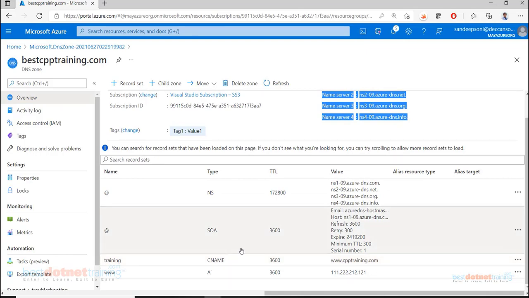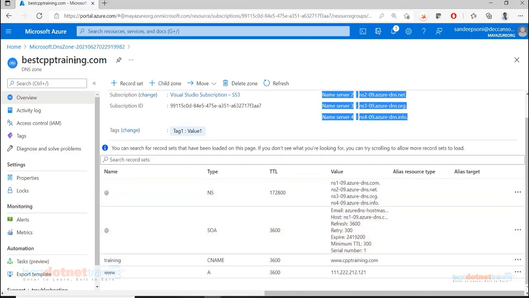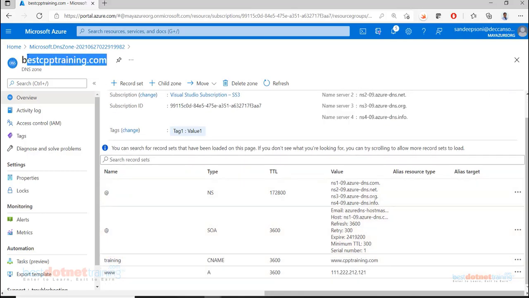After a while, roughly around 24 hours, all the requests for domain name to IP mapping for this particular domain are going to be forwarded to this database. So this is the significance of DNS zone. So if you have 10 domains, 10 zones you will have to configure here, very clearly. 10 zones, 10 domains.